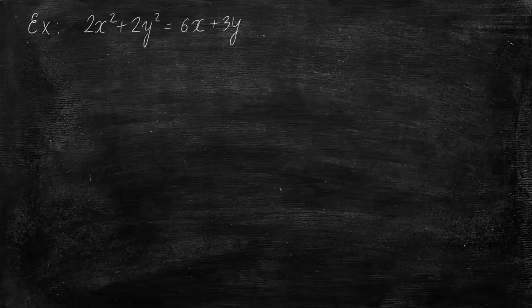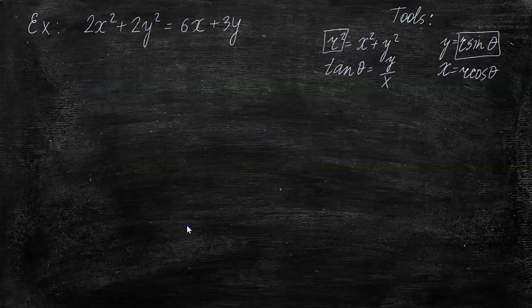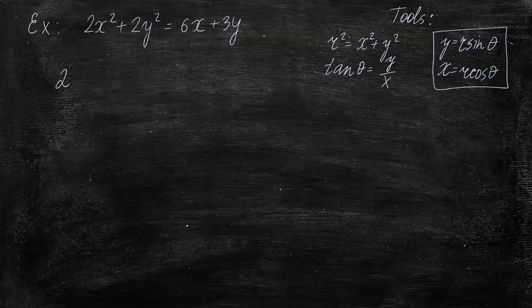So it could be very complicated. Remember, the tools that we have allow us to use these two formulas and rewrite any x or any y using the r and theta. So I would rewrite this equation by literally replacing x with r cosine theta, y with r sine theta, mind the squares, and do it everywhere, right? So we're gonna get